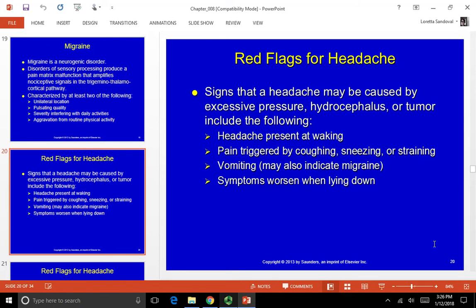Sometimes aspirin or a combination of aspirin, caffeine, and acetaminophen can stop the headache if taken at onset. So there's actually Excedrin Migraine, an over-the-counter medication that includes those things, and a lot of people with migraines find that to be a very useful treatment. Serotonin agonists, there are several of them, can reduce neural activity in the trigeminal lemniscus and the thalamus. Imitrex is one of those.